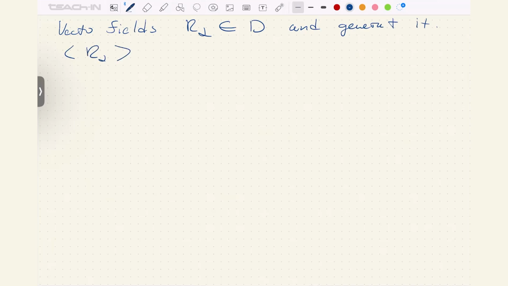So suppose that vector fields R_alpha belong to our distribution and generate it, in the sense that at each point, the linear span of R_alpha equals D_P. That's very useful. It's like picking a basis in the distribution D_P, a linear span at P. Okay, so if L is an integrable submanifold,